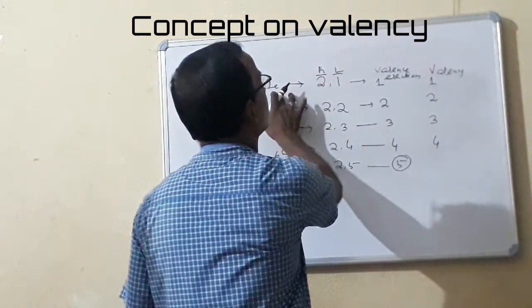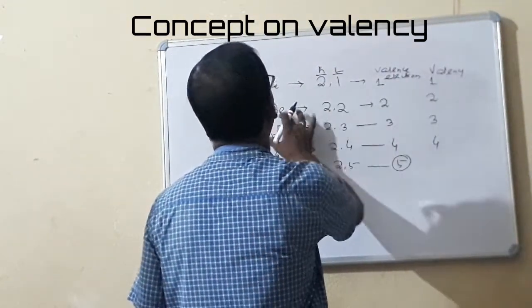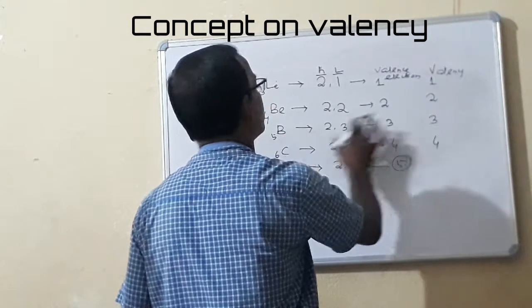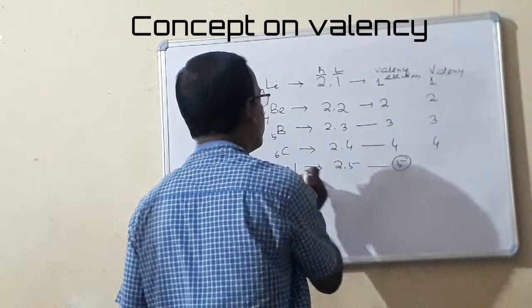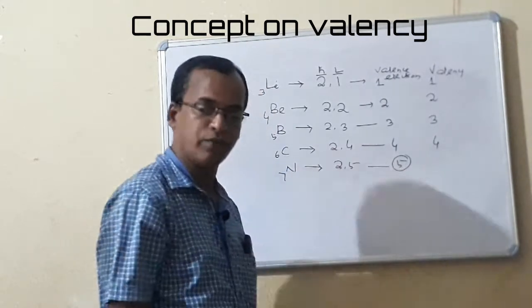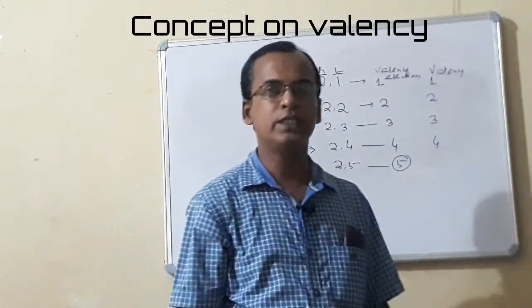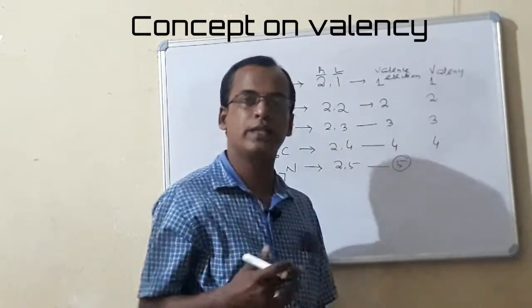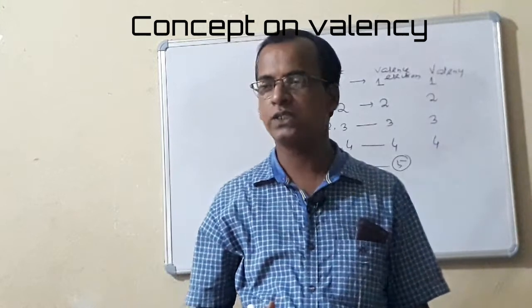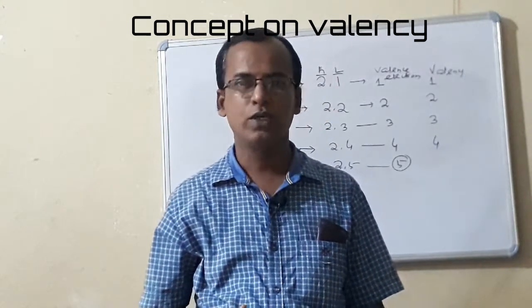In lithium valency is 1, beryllium 2, boron 3, carbon 4, but in nitrogen the valency is not 5. Why? The reason is that